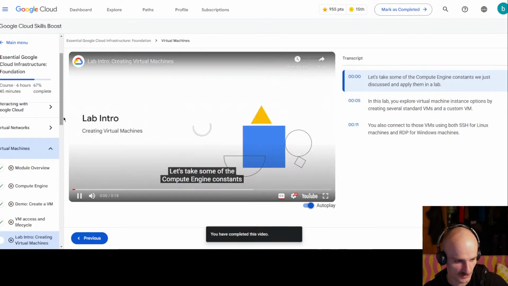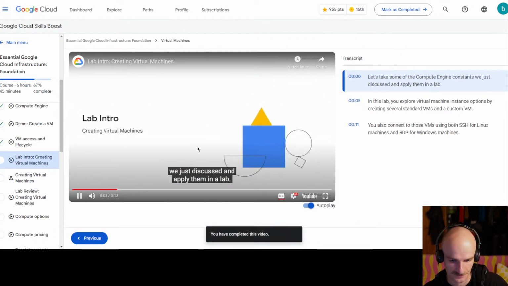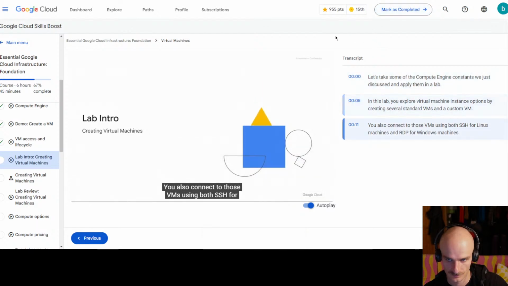Let's take some of the Compute Engine concepts we just discussed and apply them in a lab. In this lab, you explore virtual machine instance options by creating several standard VMs and a custom VM. You also connect to those VMs using both SSH for Linux machines and